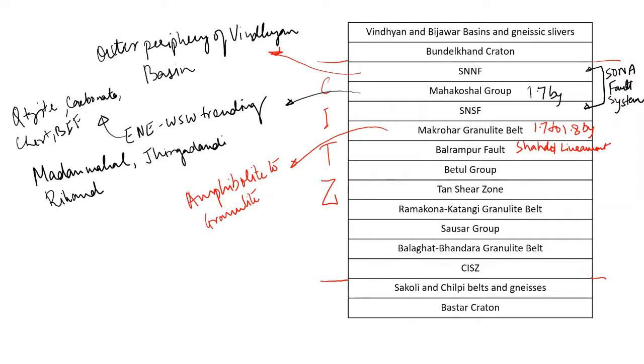Son Narmada South Fault separates the Mahakoshal belt and the gneisses of the Central Tectonic Zone. And there is a major ductile zone, also called the Tan Shear Zone, which occurs between the Bethul Belt